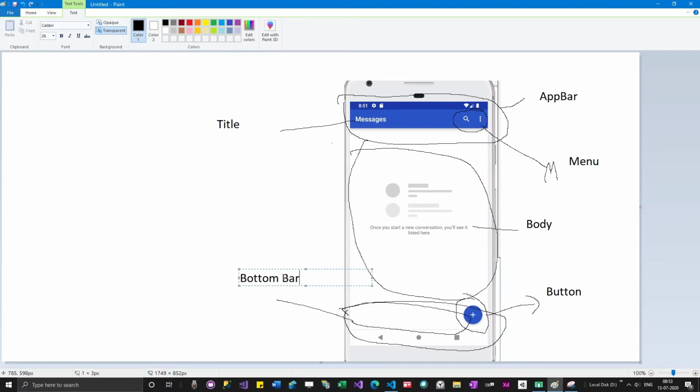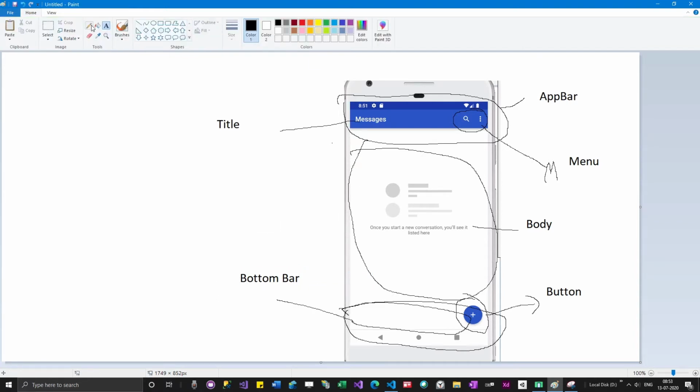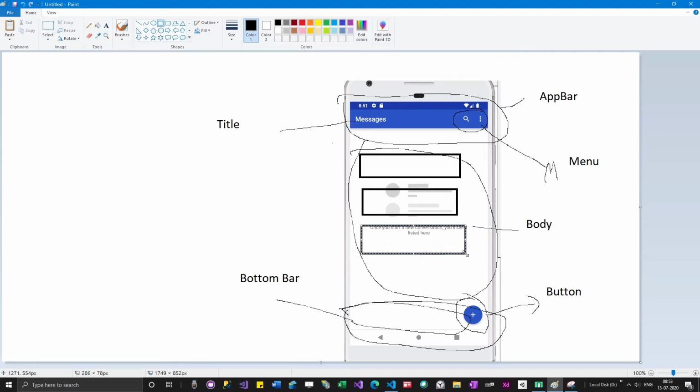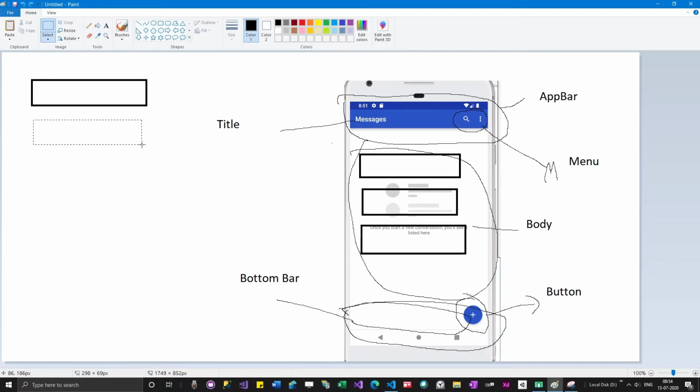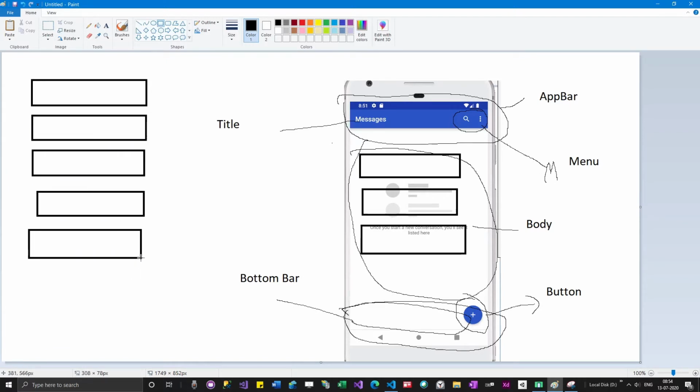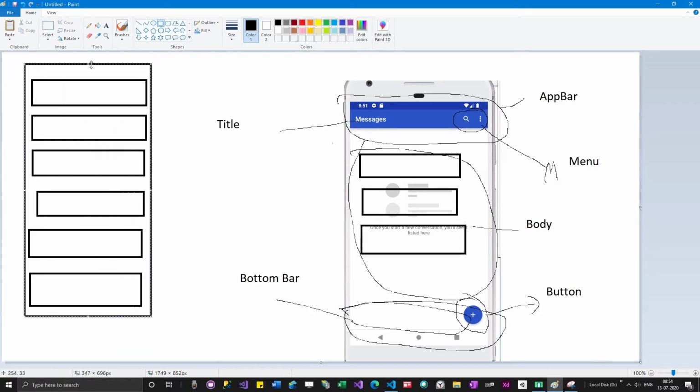Now just imagine you are going to have some items over here, one item here, one item here. If you're having items in a sequence, like item 1, item 2, item 3, item 4. Usually when you go to apps like TikTok or WhatsApp, everything will be like this, user 1, user 2, user 3, user 4. This type of interface is called list view.